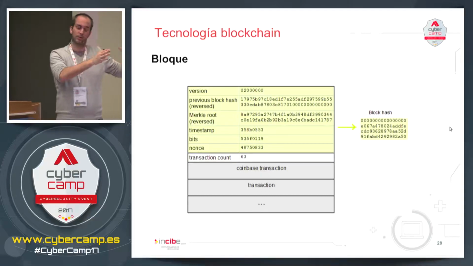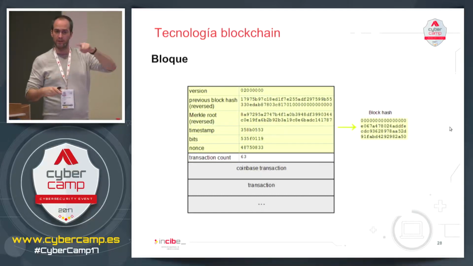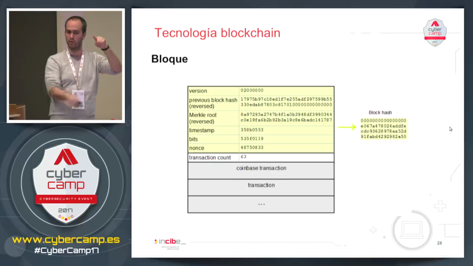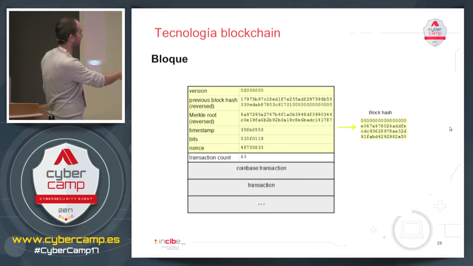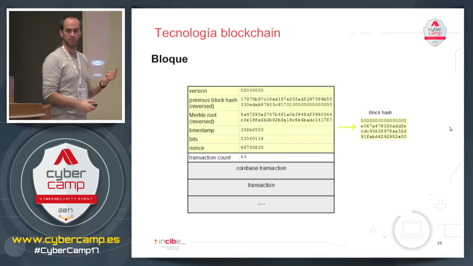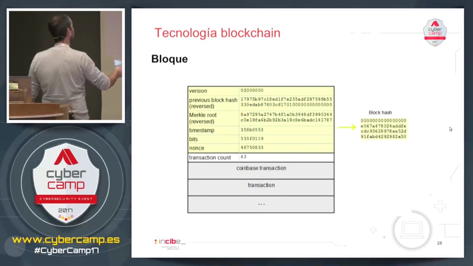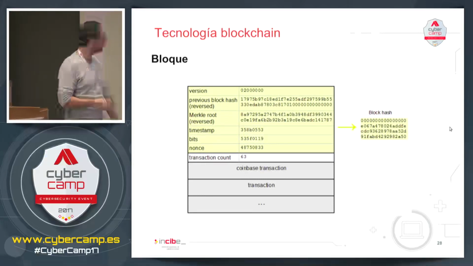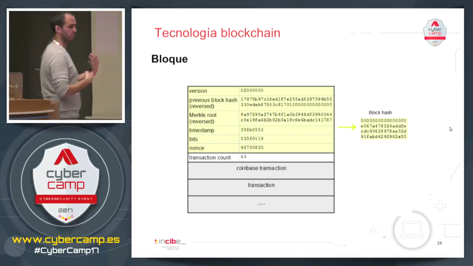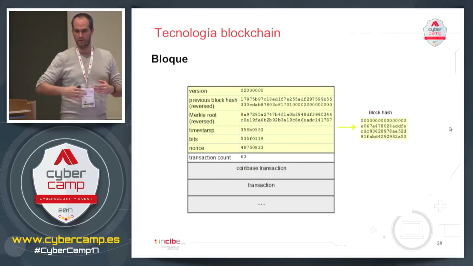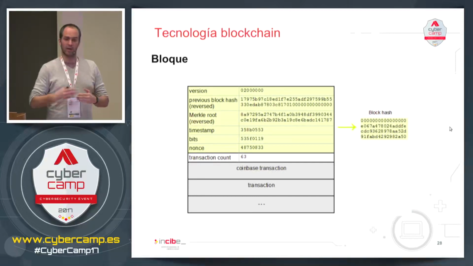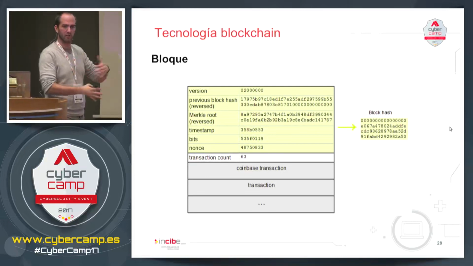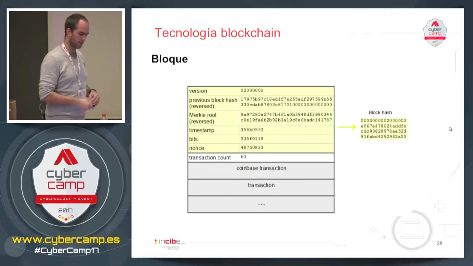You remember how we saw how we wrote the Merkle tree with just writing the root hash? I'm protecting all the hashes of the nodes that are in the branches of the tree. Instead of having to write the 500 transactions, just the hash, just the root. And it'll give the same level of protection. Then the timestamp, the approximate time that we created the block, the bits, which is a number that tells us the difficulty of the algorithm that the block had to solve to be a valid block, and the nonce, which is the response that makes this block valid.